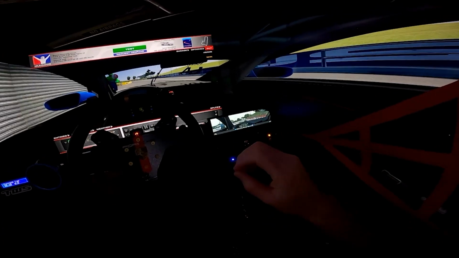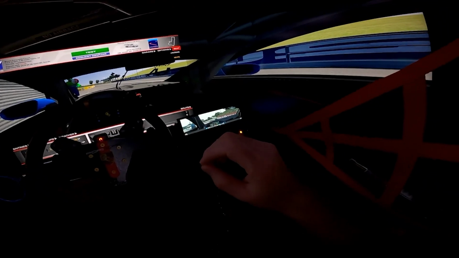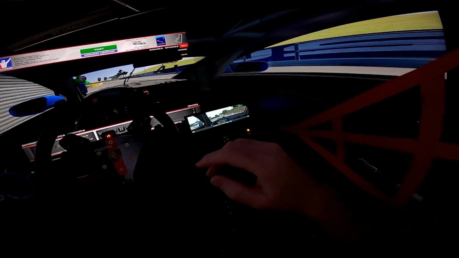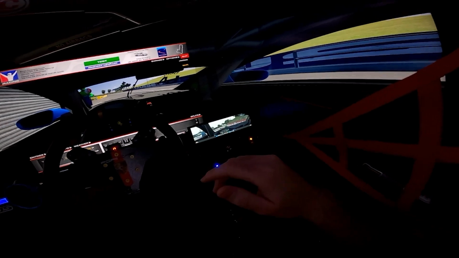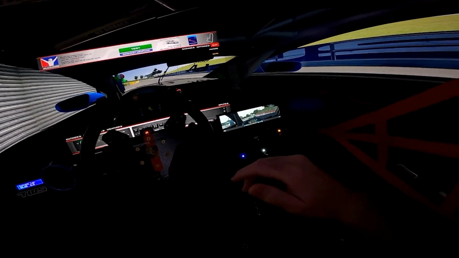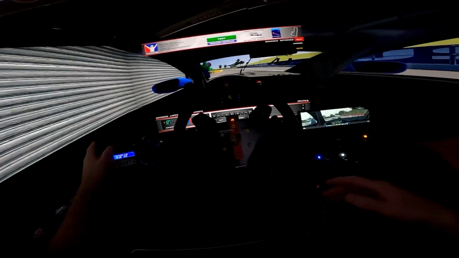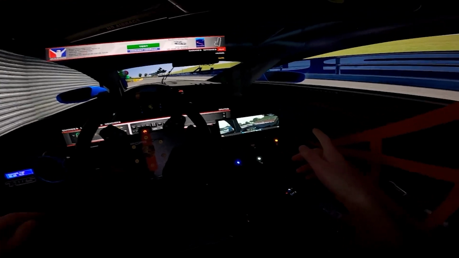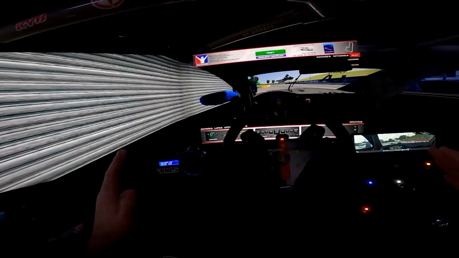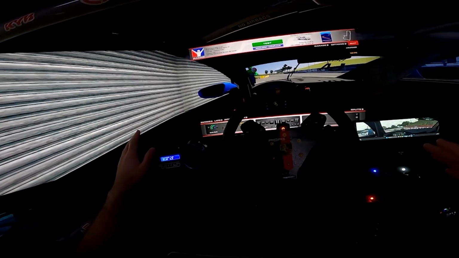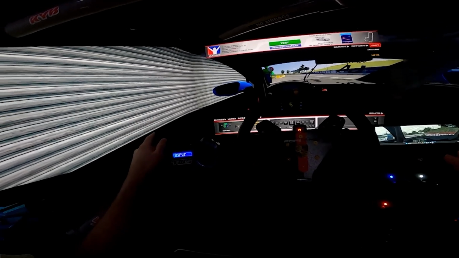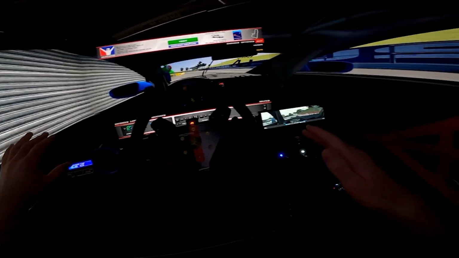Now, one of the things that I'm going to talk about a little bit more, because as I said, anybody who's used to using an FOV calculator is probably going to be in disagreement with me on this, but I've found that this is the best way to get the best, most realistic view I can. I do not have the same angle on my left monitor that I do on my right. I'm probably running about a 130 degree on the left monitor,